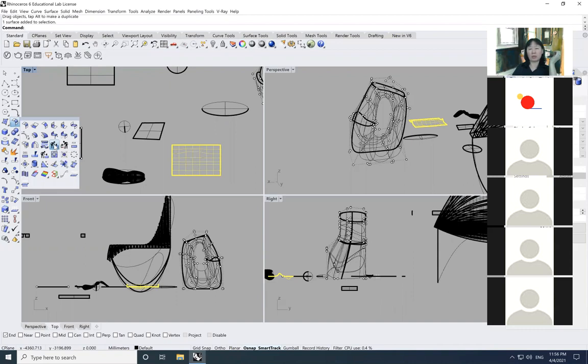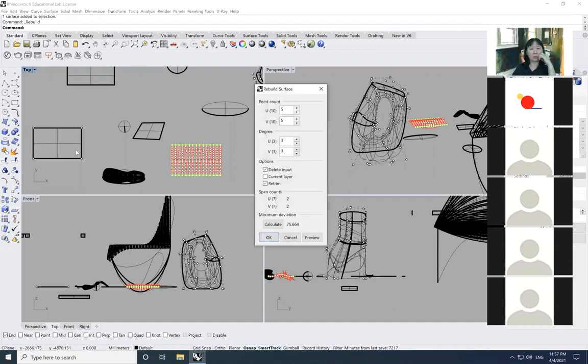Use this. A lot of times you just click enter and click enter. One thing that is important is this has to be set to 3. If some of you watched the lecture, if you set this one to 1, then this rebuild is meaningless. 1 means straight, like in terms of line. 2 starts to have a little bit of curviness, and 3 is free curviness. So since we want the free curviness, we pretty much always set U and V to 3